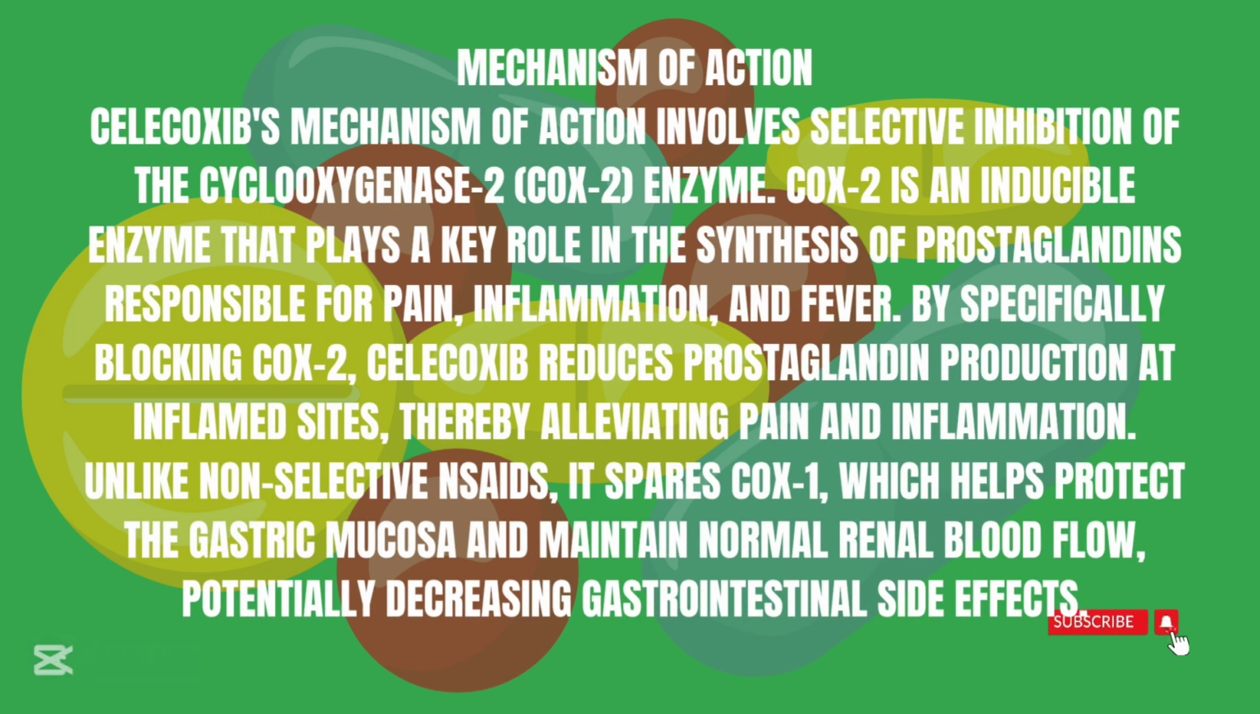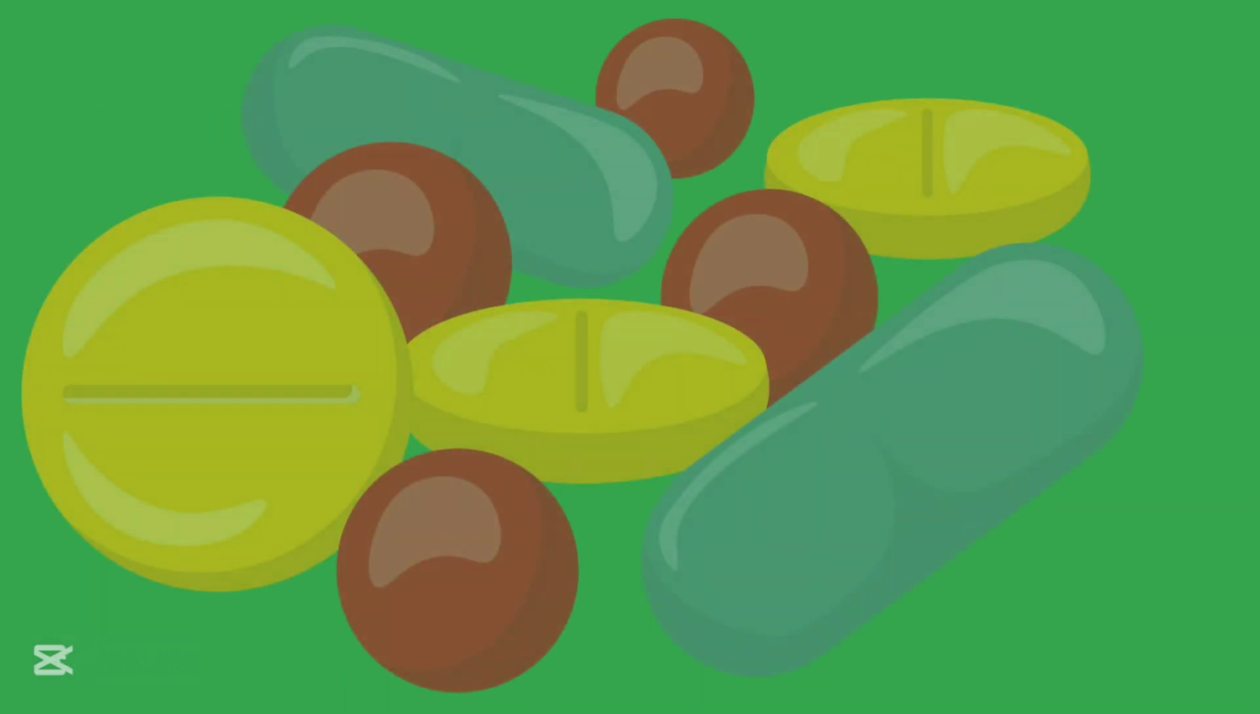Celecoxib's mechanism of action involves selective inhibition of the cyclooxygenase 2 enzyme. COX-2 is an inducible enzyme that plays a key role in the synthesis of prostaglandins responsible for pain, inflammation, and fever. By specifically blocking COX-2, Celecoxib reduces prostaglandin production at inflamed sites, thereby alleviating pain and inflammation. Unlike non-selective NSAIDs, it spares COX-1, which helps protect the gastric mucosa and maintain normal renal blood flow,